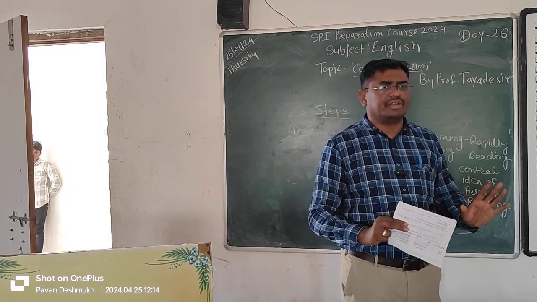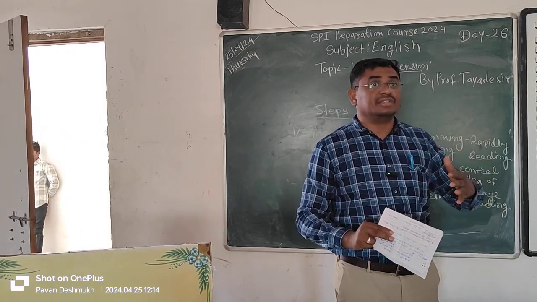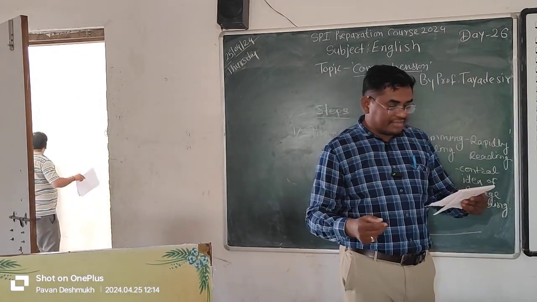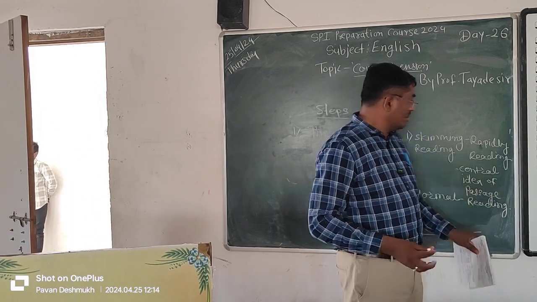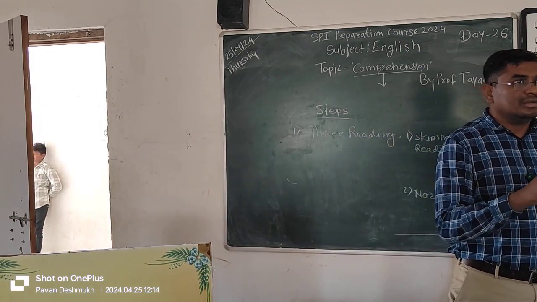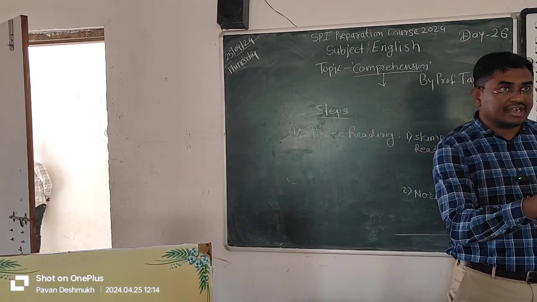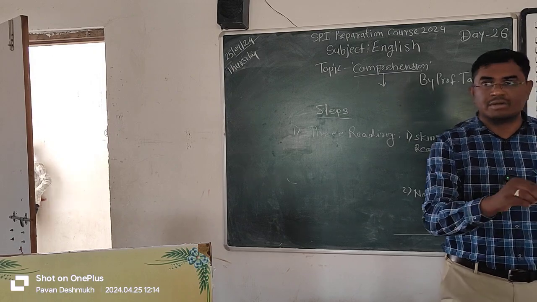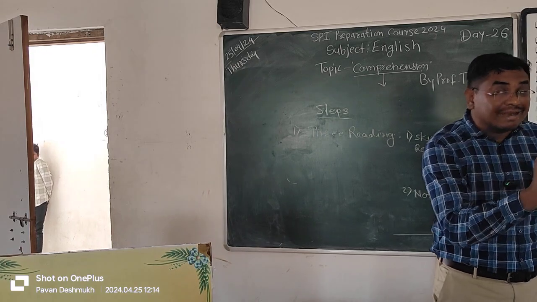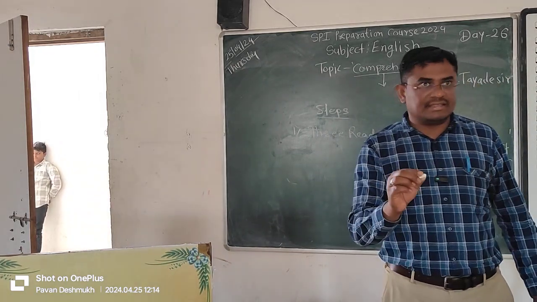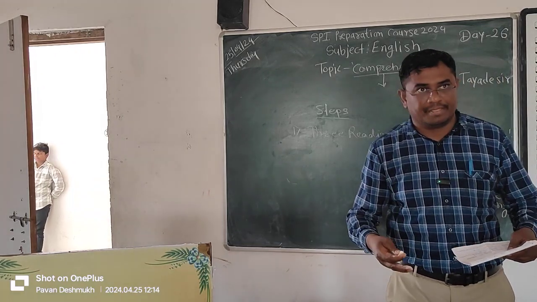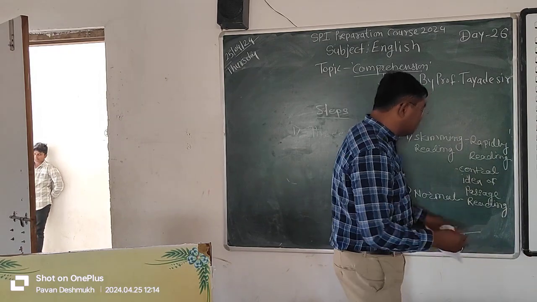In normal reading, you try to get the meaning of the words. Suppose you are reading that passage a second time in a normal position. So you take out or underline the difficult words. What I say is, you have to take out the meaning of the passage in the normal reading. Try to take out the meaning.